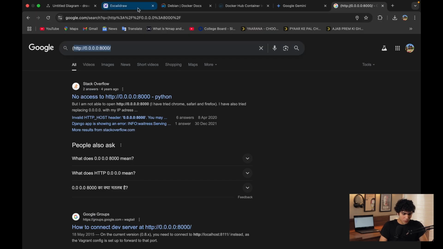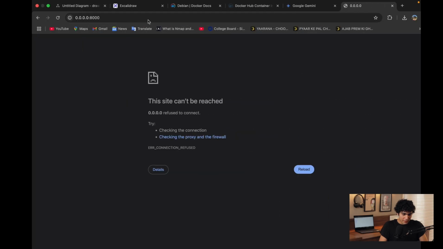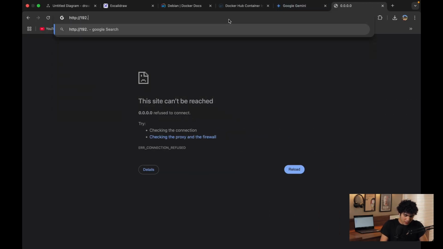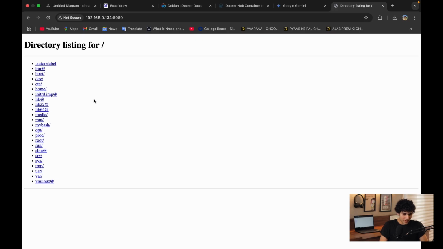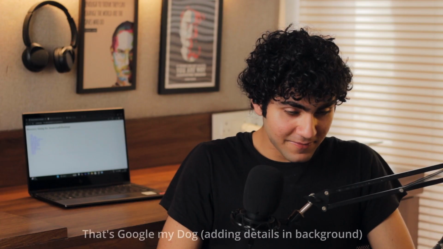I did not copy the URL, paste it on the Mac machine, it's not working. But if I specify the parent IP here, it will start working. Okay, so here we have to specify the parent IP .0.134, and because it's in the same network, voila. Okay, so we have got the directory listing for this IP. I can just go on to the directory where I saved it. So it's on home. We go on desktop, and here